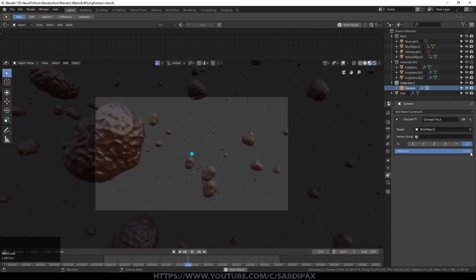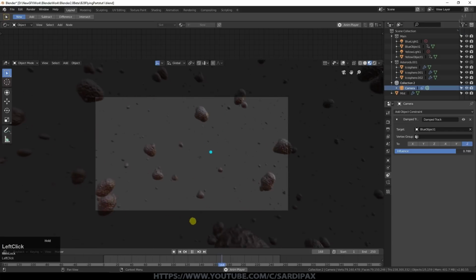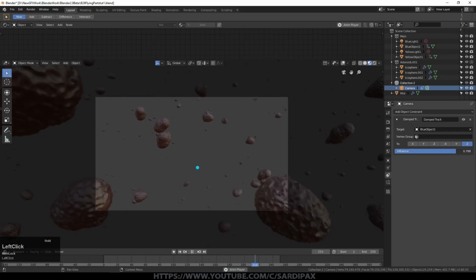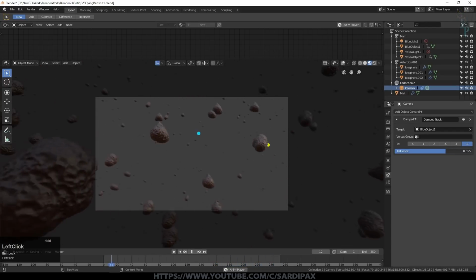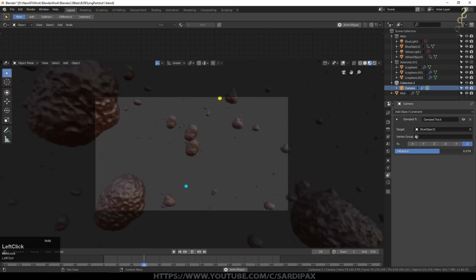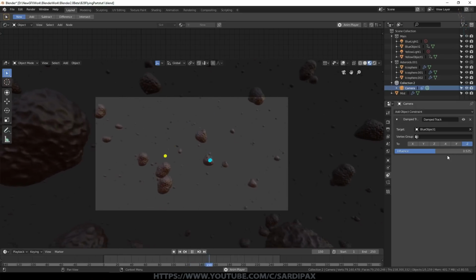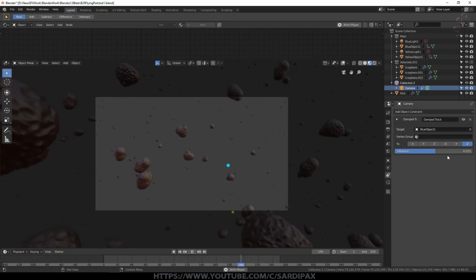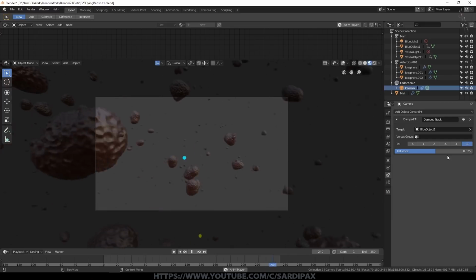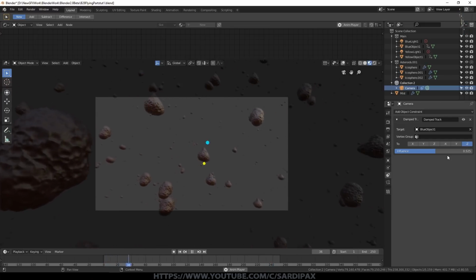If I turn the influence down, you can see the blue object now seems to move relative to the camera. So the camera is sort of lagging behind it slightly. So if I set that down to roughly 50%, somewhere like that, it's trying to keep the object in sight, but the object's still able to move a little faster than the camera is. But the yellow object is having no influence on the camera right now.